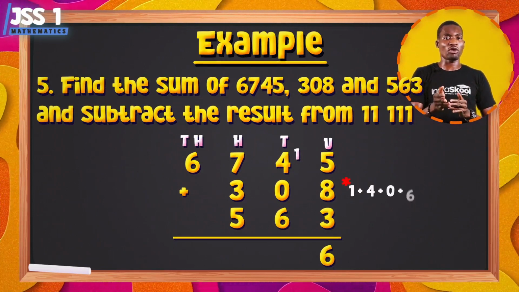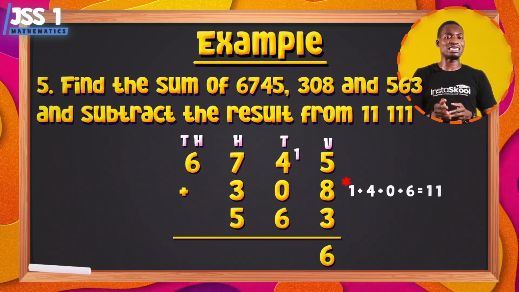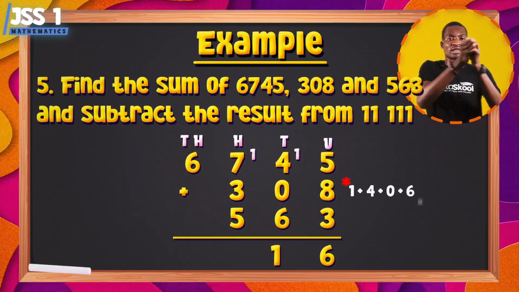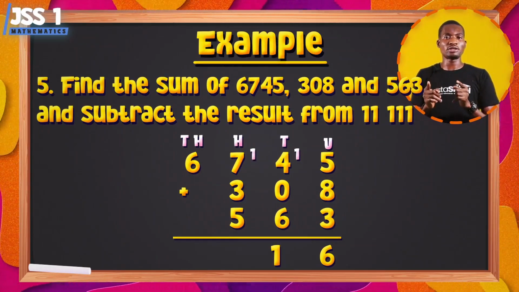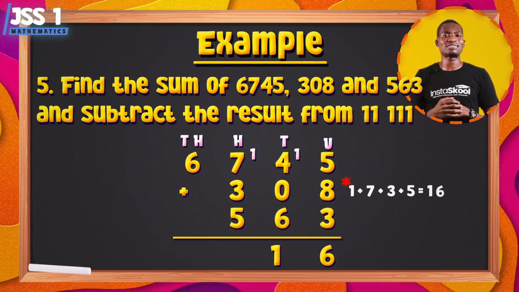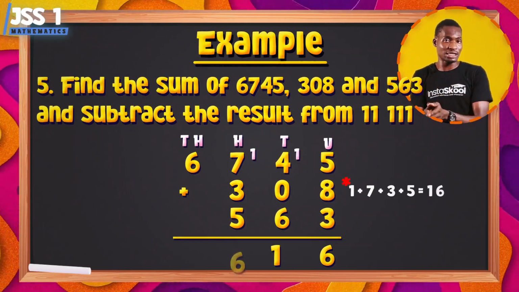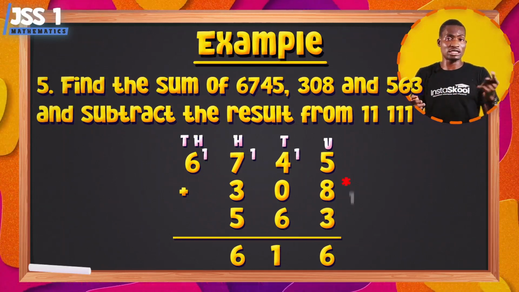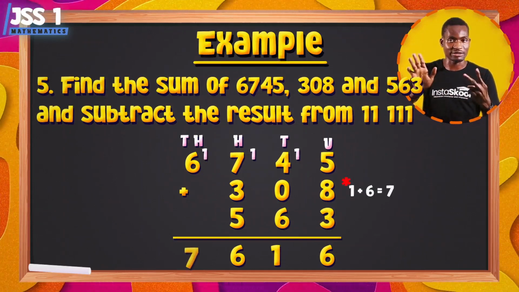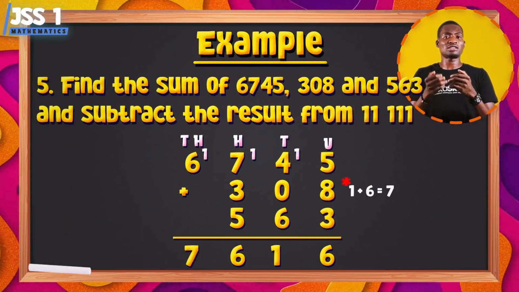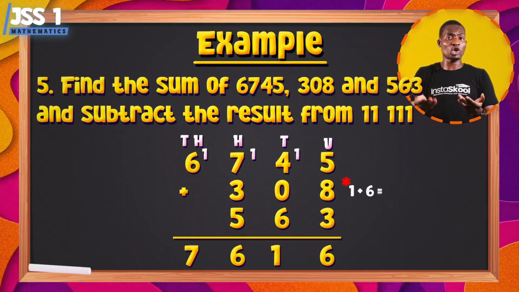1 plus 4 plus 0 plus 6 gives 11. You write 1 there and take the 1 to the next side. 1 plus 7 plus 3 plus 5 gives 16. You write 6 there and take the 1 to the next side. And finally, you have 1 plus 6 giving you 7. Now after doing that, you then subtract 7,616 that you got from